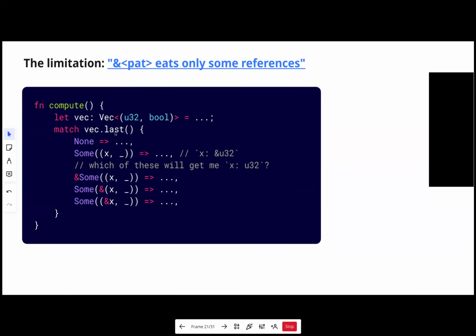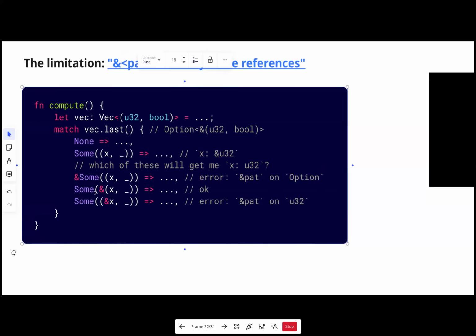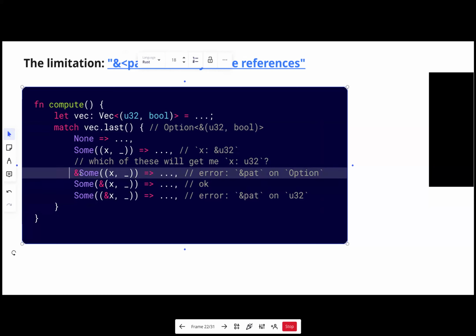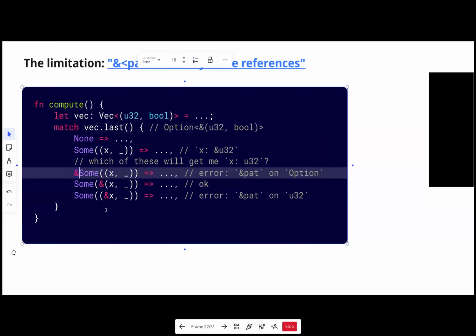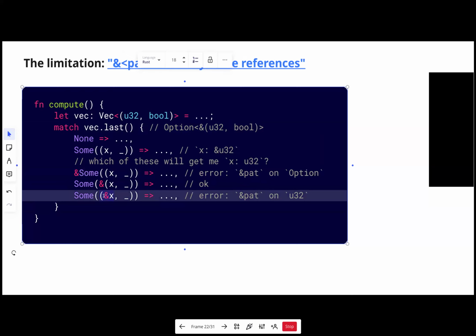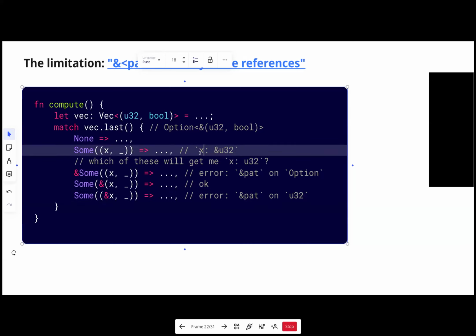And this depends on what the type of vec.last is, and if you're not super awake, you might not exactly know which to do. And the correct answer is that only this one works. Because this one, we get an option of reference, so this one is just simply false. And this one is not allowed because, as we said, the rule in match ergonomics is the &x pattern is allowed if the place that's being matched on has a reference type. But here the place has type u32,